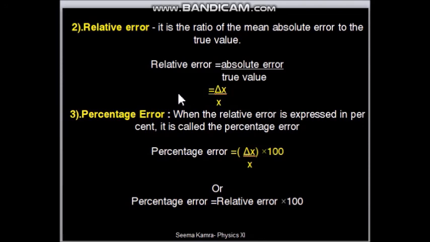Relative error. Okay. Now the third type of error is percentage error. And I think you know the meaning of percentage. Percentage means we have to multiply by 100. So the relative error term, delta x by x, if we multiply it by 100, then we get the percentage error. Then we denote it by the percent sign. Okay, so both are the formulas of percentage error: relative error into 100, or delta x by x into 100, is the percentage error.